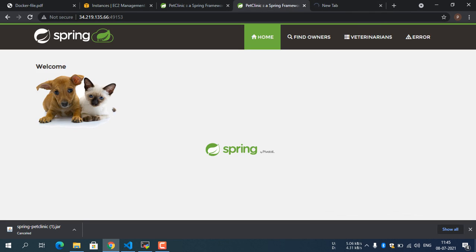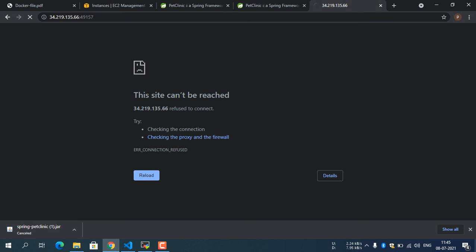You can see I have the same application running by using different containers. Yeah, due to some errors it was not running, but it will run.